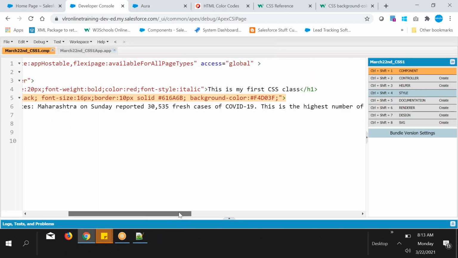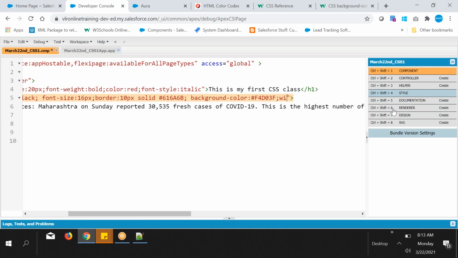In style you can go and add one more property called width. And this height, width, all these things, right? You can display with percents and with pixels. Suppose I want to display 50%, you can display it with 50%. Go and refresh.